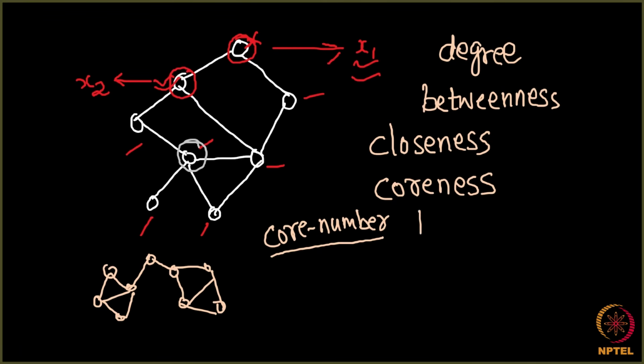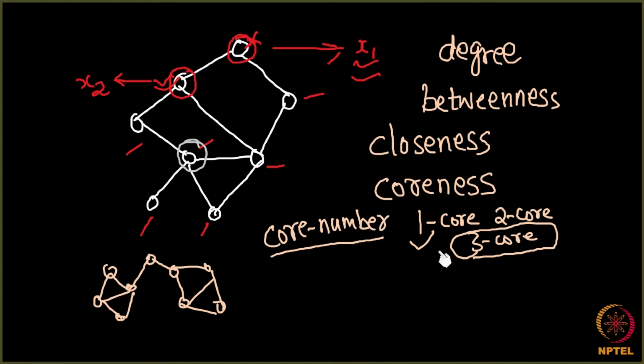So see, a node can be part of one core, a node can be a part of two core, three core, right? Whatever node is in three core is automatically in one core. So let's say there is a node which belongs to three core. I'll say that its core number is 3, right? Core number is 3. So the inner you are in the network, the innermost core you are towards